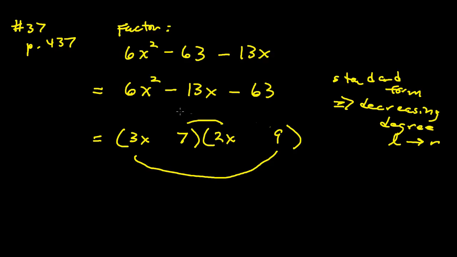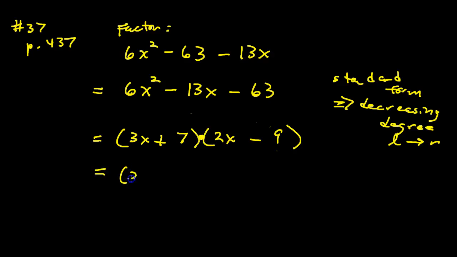All right, so let me erase the marks here. Get my bigger eraser. All right, so here we go. I'll need a minus 27x for the outer product and a plus 14x for the inner product. And minus 27x plus 14x is indeed minus 13x. All right, so final answer, 2x minus 9 times 3x plus 7, or you can, of course,